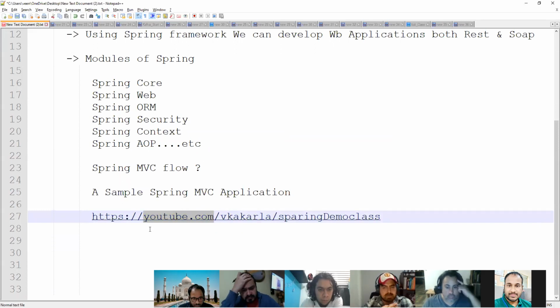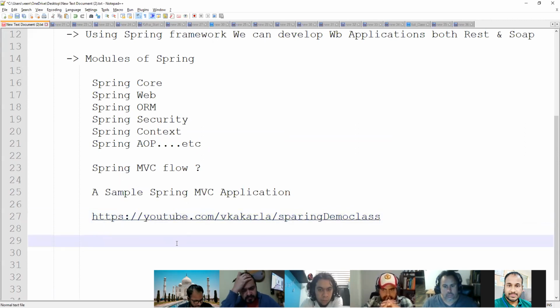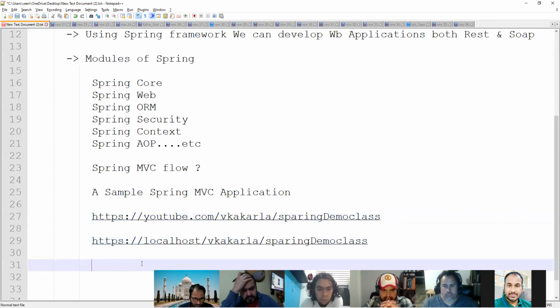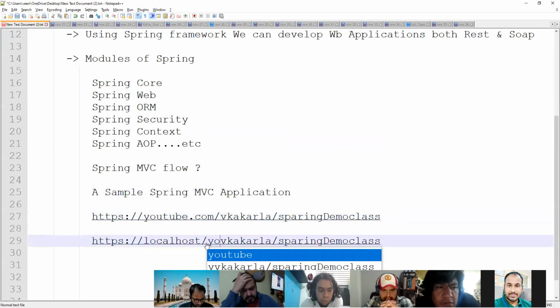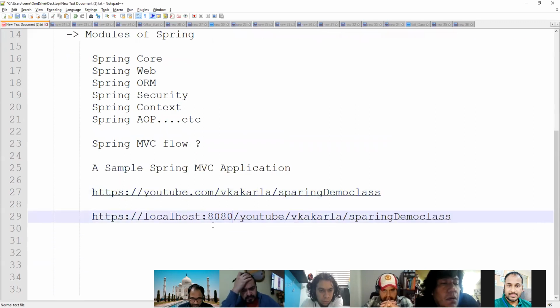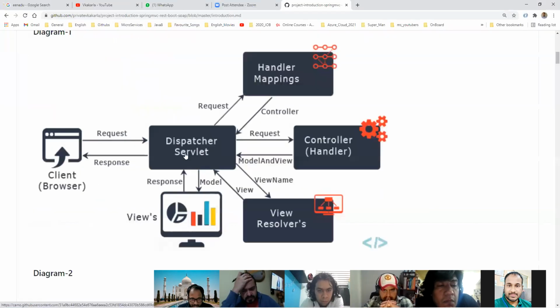YouTube is nothing but a host. Here we can paste the same application, so instead of youtube.com, localhost. Like this we can prepare the URL. Whenever we get this URL, the dispatcher servlet will take it.